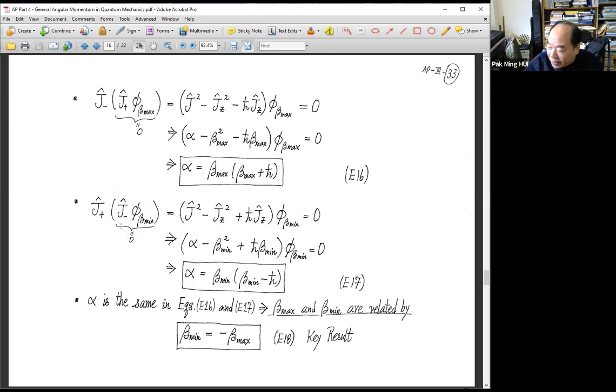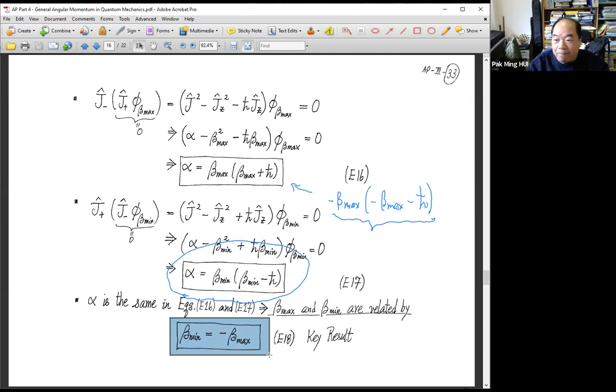If you cannot immediately see it, how about writing it this way? The right-hand side minus beta maximum minus H bar. Do you agree that it is just the same as equation 16? Right? Now you compare this with this. Same form, right? Therefore,